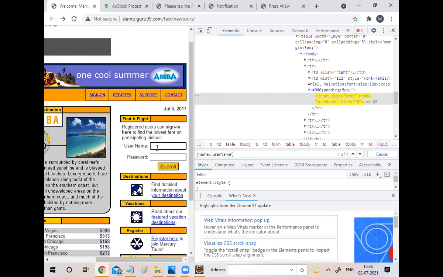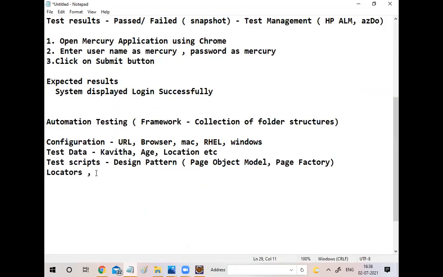So these are all the things we can call the actions. Those actions we are going to write as a test script. So the locators and respective actions, we are going to keep in one class.